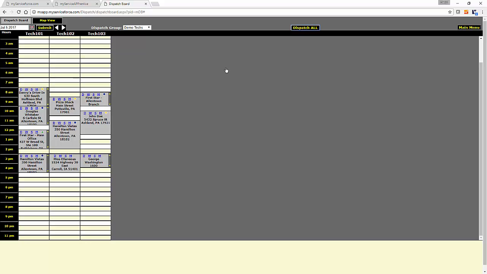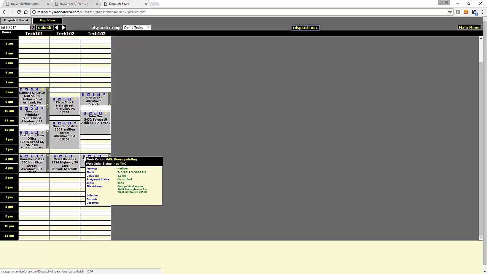The next one is using the reassign feature of an assignment. Let's say we have an assignment that's already been dispatched and we need to go ahead and reassign that for whatever reason. Well, that's where you want to click on the D inside the assignment block. So I'll click on the D,